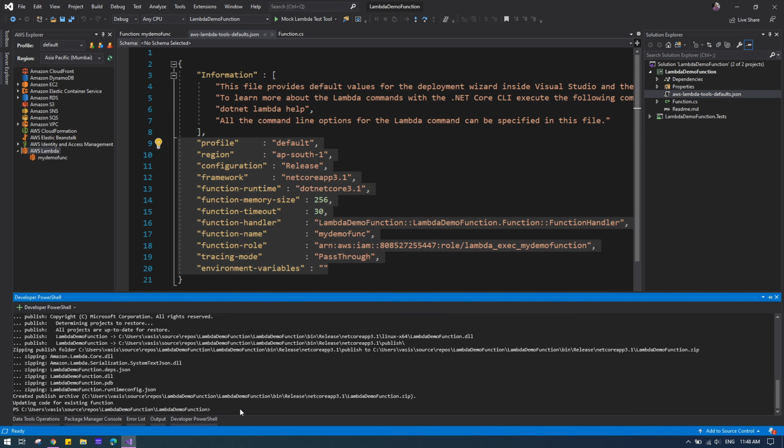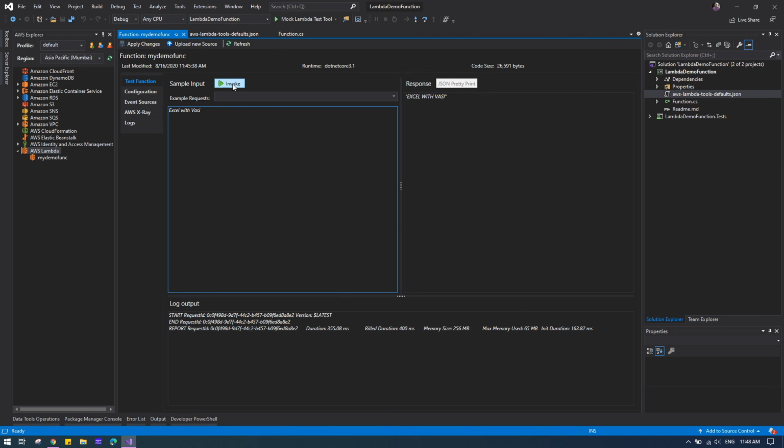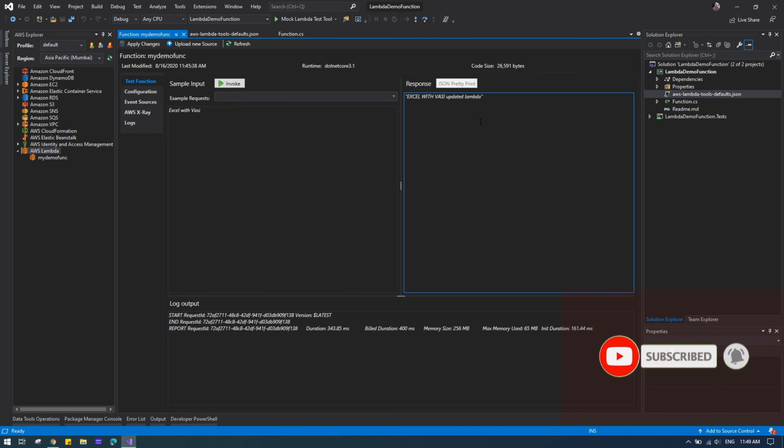Right now I deployed using AWS Lambda Tools, which is one of the CLI tools AWS provides. So using that we can also deploy using command lines, with no need to deploy anything using Visual Studio. We'll see whether it is updated right now. I'm just invoking again, not changing anything at all. Yeah, looks like it is updated, because the string I added as part of the function is being returned now. Looks awesome, right?